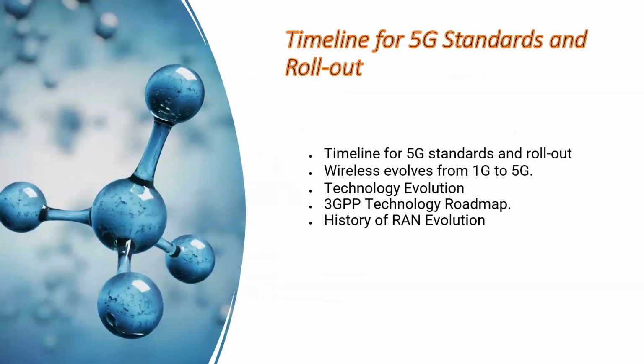And then we have the timelines for 5G standards and the rollout. In this, we'll talk about when 5G was standardized and how wireless evolved from 1G to 5G. To know the basic features of previous technology is an absolute necessity. Only after going through these features can we relate to 5G, and only then can we establish the motivation behind 5G. This is the only way to know what features are required in the future, or what features are missing in the previous technologies. All these topics will be covered in the timeline for 5G standard and rollout module.